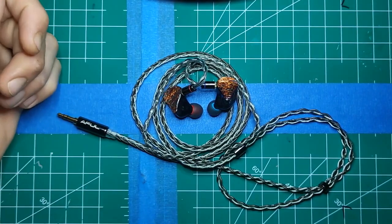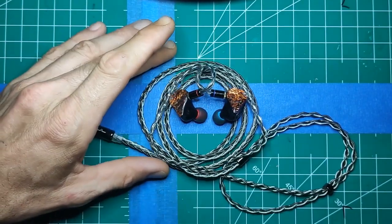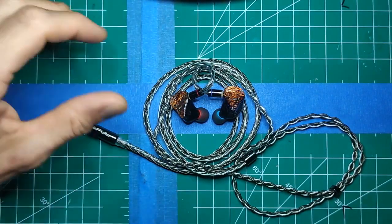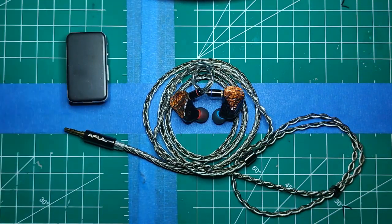Vocals are awesome. They're very good. If anything, the tuning, and this is another thing that I've seen from other reviewers, and I'm not sure why. I don't know if it's just my set or if it's the source that I'm using. So, for example, I have the ES100 Mark II, and I have the